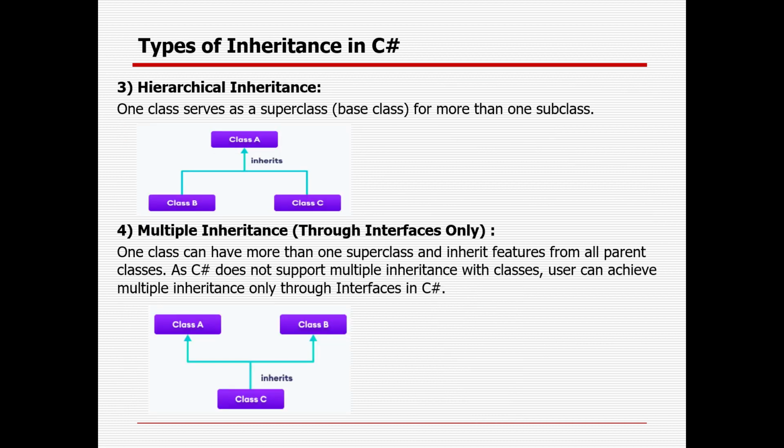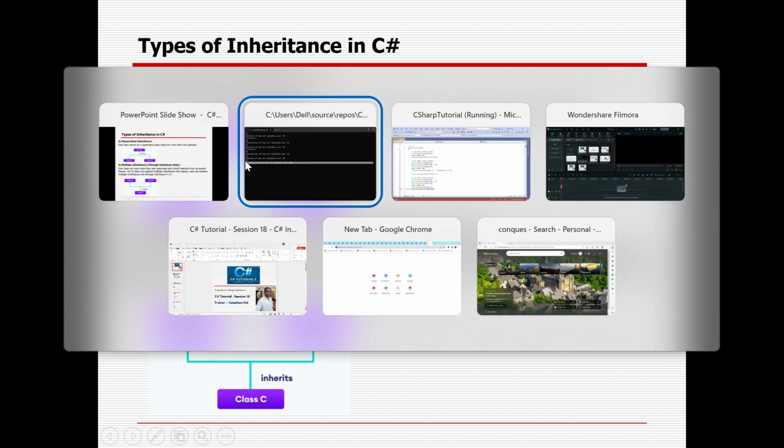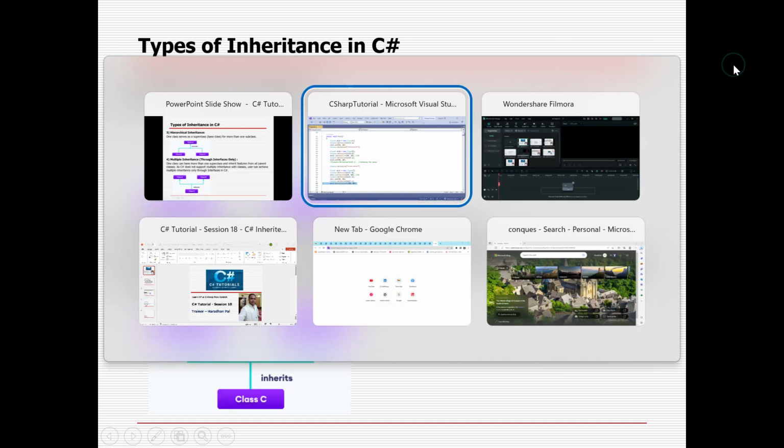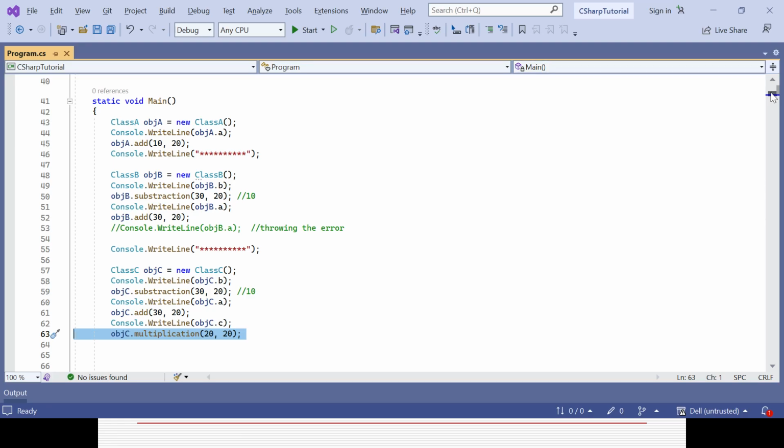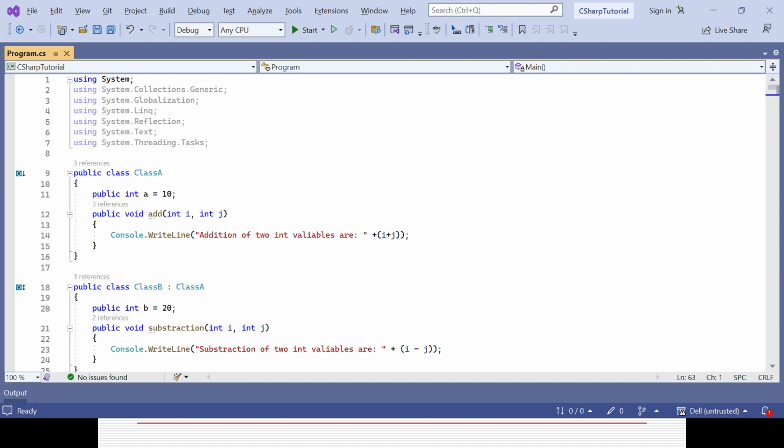The next will be hierarchical inheritance. So what will happen? One class serves as a superclass for more than one class. So multiple classes can inherit a single class. Here we have already created the classes A, B, and C, and we already established the relationships called multi-level, as well as single inheritance. So single inheritance is class B to class A, and multi-level is class A to class B and class C. Now if I create one more class called